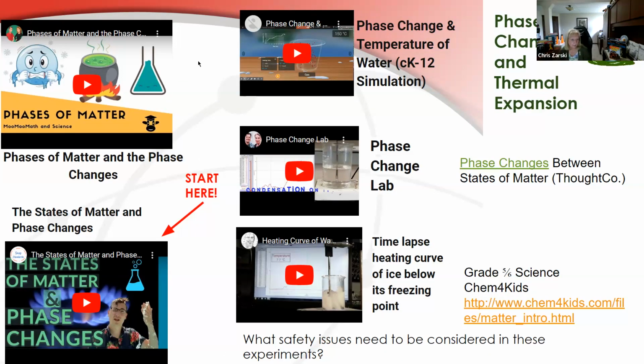So in here you have lots of resources that talk about phase changes. There's some labs. This is an excellent lab if you want to see the phase changes, and they're quite well described. So again, if you don't have the materials to do the lab yourself, well, then you've got an opportunity here. And the same information here, the nice part of it, he's got the temperature hooked up to the computer so that we can watch it change as time goes on. But down here, it's basically an enlargement of this. It just takes you through. There's no talking on it, but the students see the temperature changes as things happen. So again, it's just an information page for you.